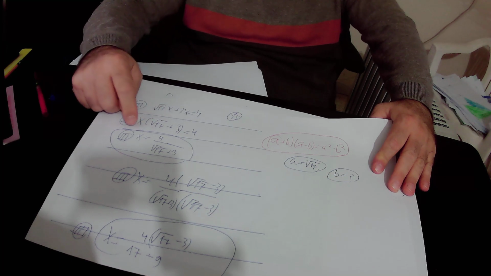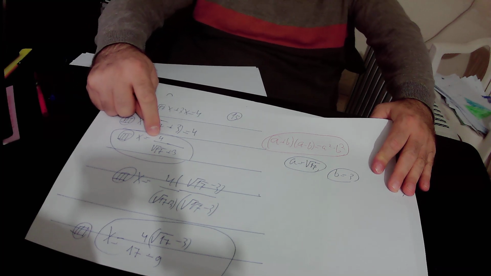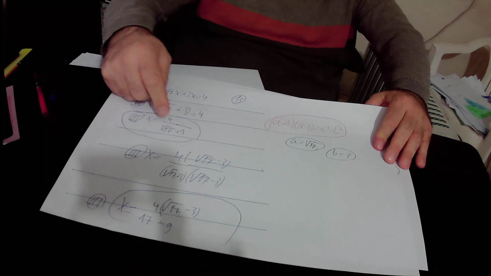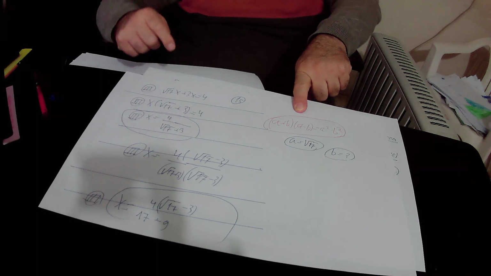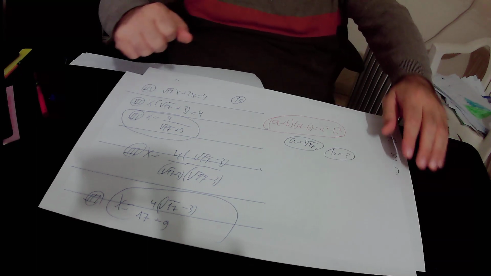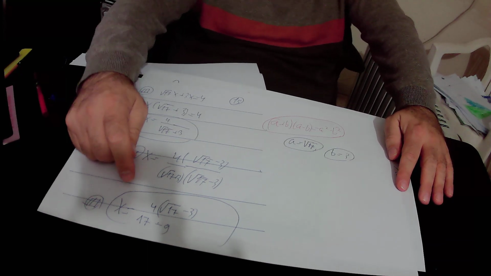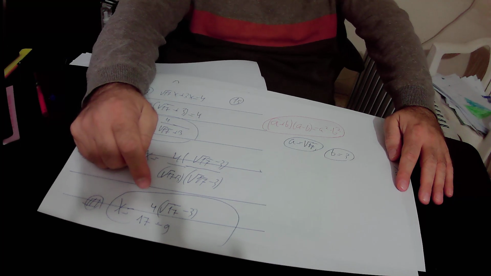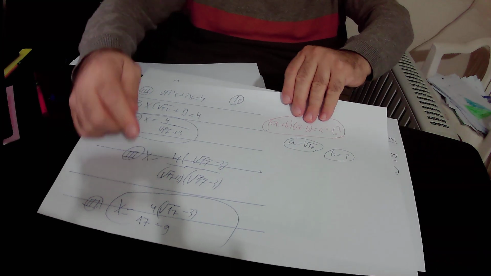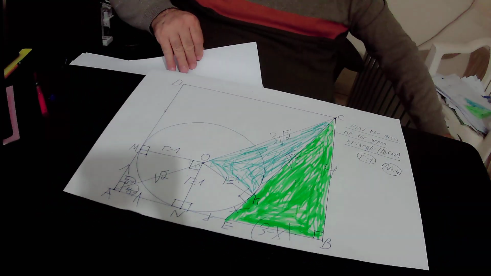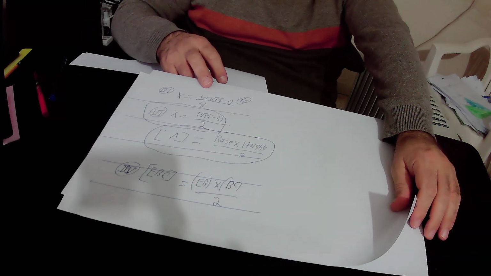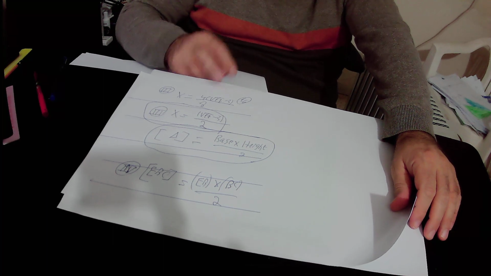Here we multiplied this side of the equation by square root of 17 minus 3, and then we divided it by square root of 17 minus 3, and we solved this expression according to the algebraic identity that a plus b times a minus b equals a square minus b square. So in the denominator we have 17 minus 9, and in the numerator we have 4 times square root of 17 minus 3. 17 minus 9 is 8. So in conclusion, we got that